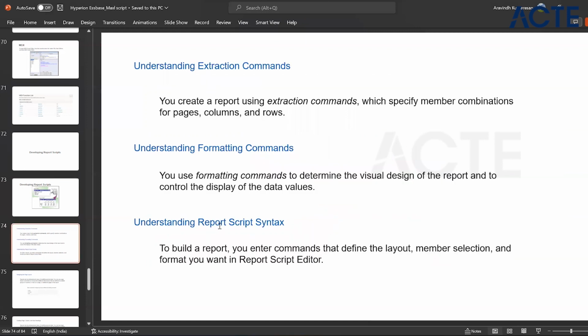So in that report script, we have three parts. First, we provide the extraction commands. Also, we specify the format for the data, whether it's a decimal or an integer. So we provide the formatting in the command, and we provide the report